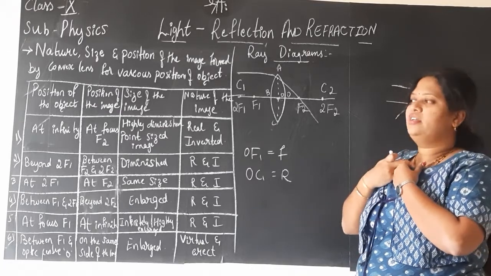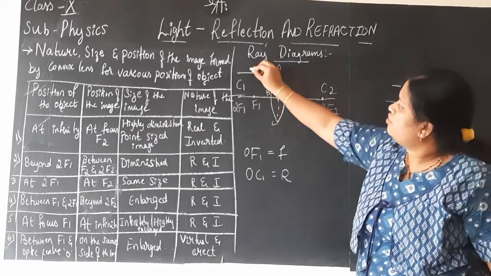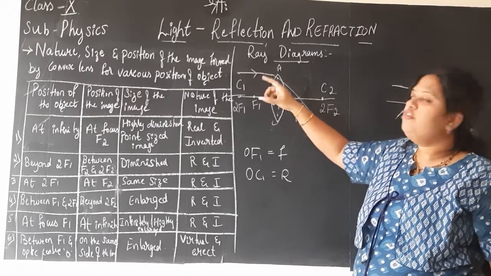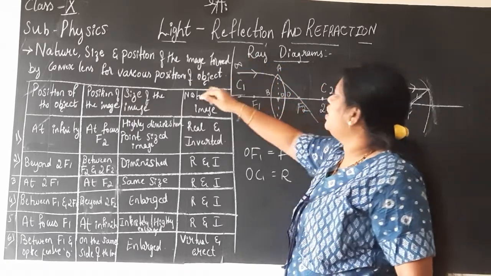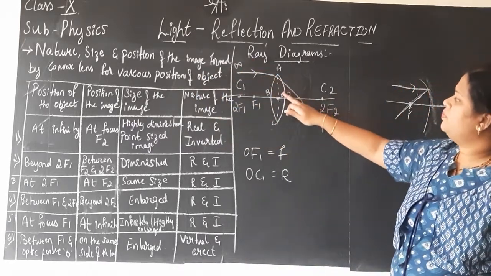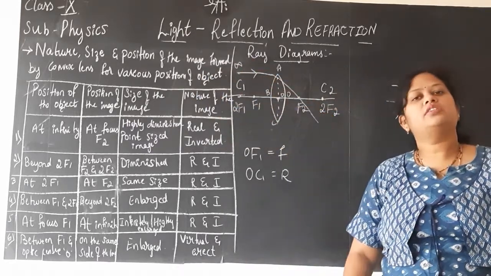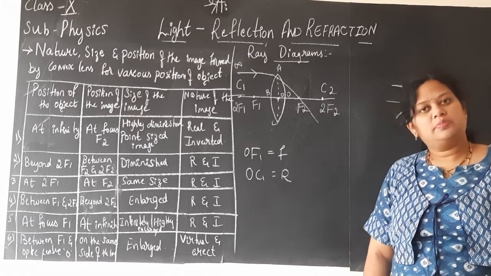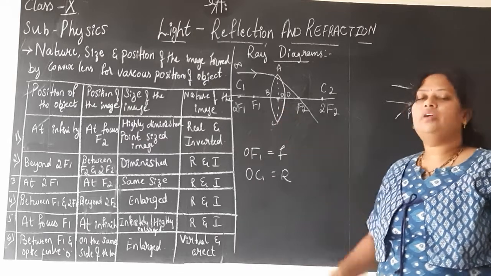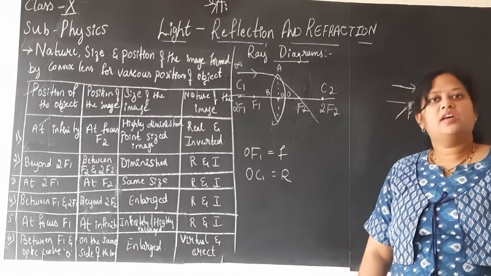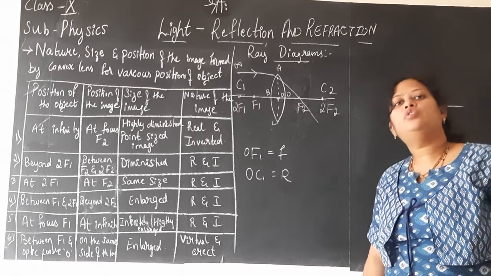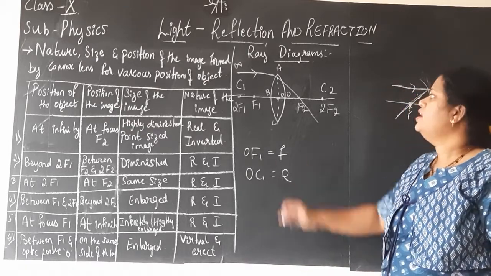I will be telling you, children, it is understood. Either ray of light, this is the incident ray, which is coming from infinity, we will say. It is coming in air medium and falling on the lens, which is the glass medium. So air will be the rarer medium and glass will be the denser medium. So from rarer to denser, the ray of light will bend towards the normal.